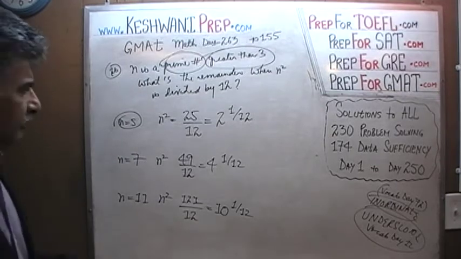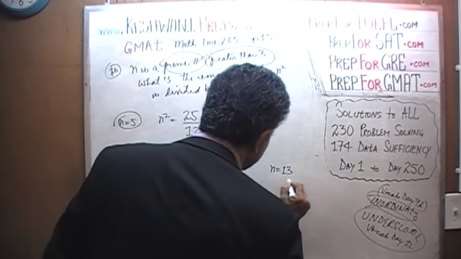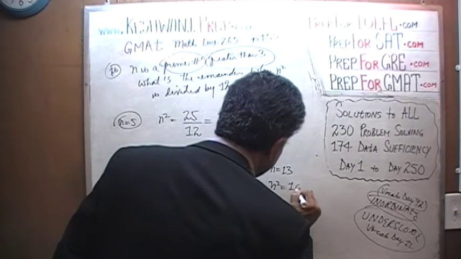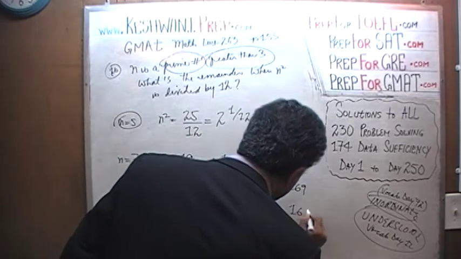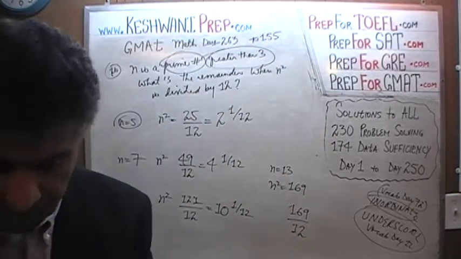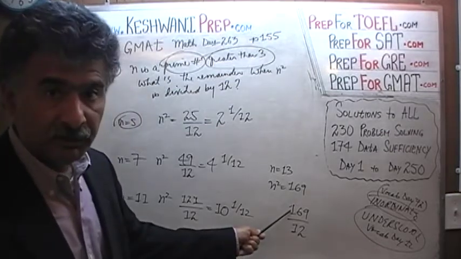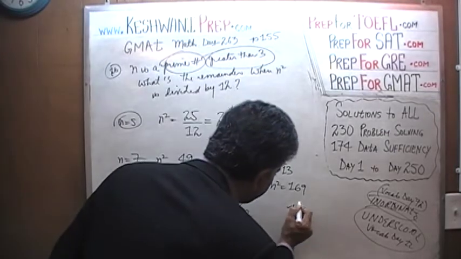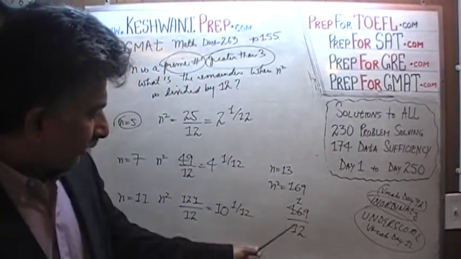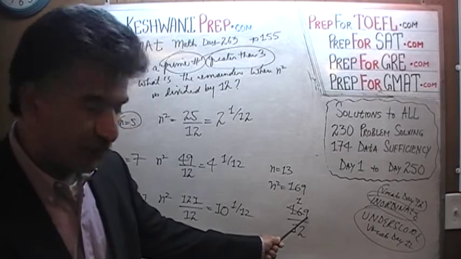Let's do one more just to satisfy your curiosity. If you plug in n equal to 13, 13 squared is going to be 169. And 169 divided by 12, I wonder what 169 divided by 12 is. Let's divide 169 by 12 just for learning purposes. How many 12s in a 16? 16 has one 12. The remaining 4 from the 16 is going to go and join the 9,